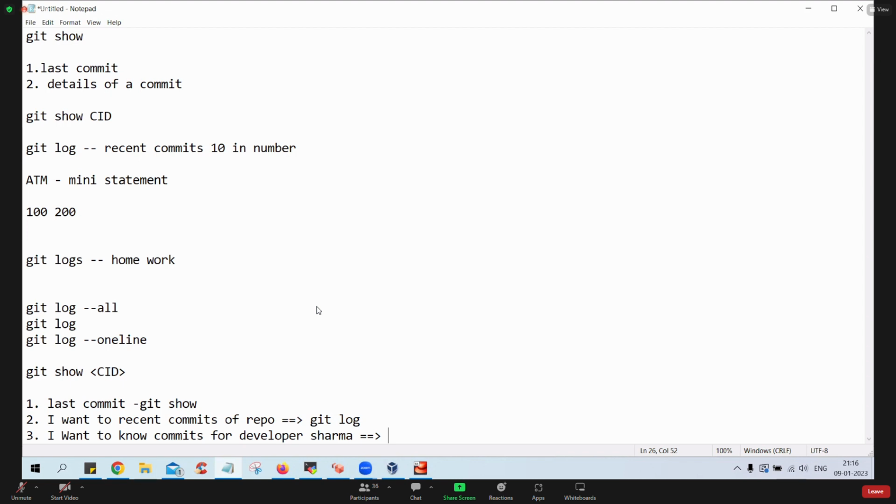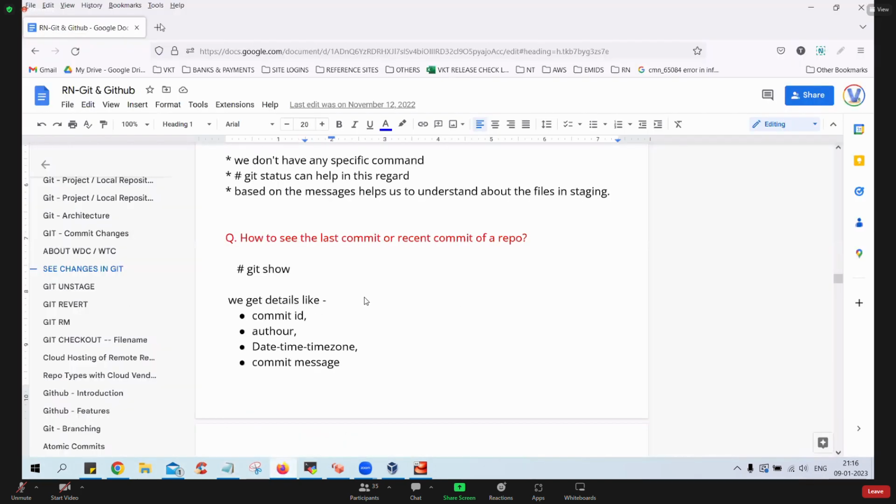What will be your answer, guys? So the hint is you have to use git log only, but you need to use some option. Find out what that is. So I'll do a search like you. Let's see